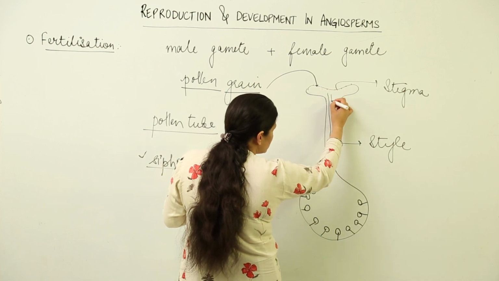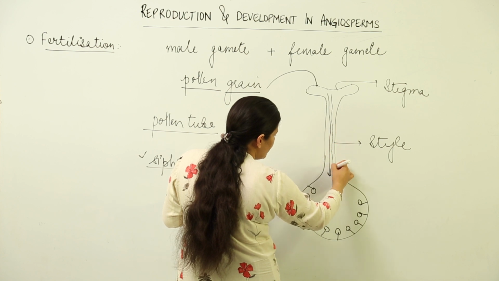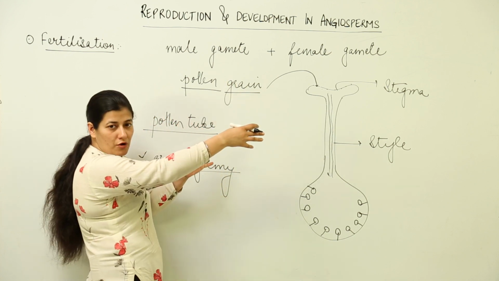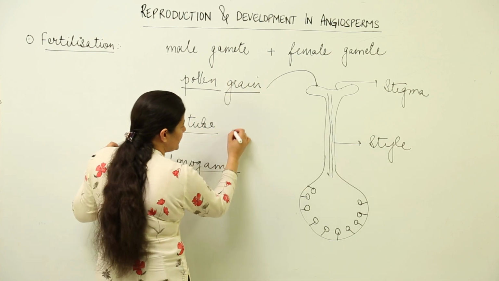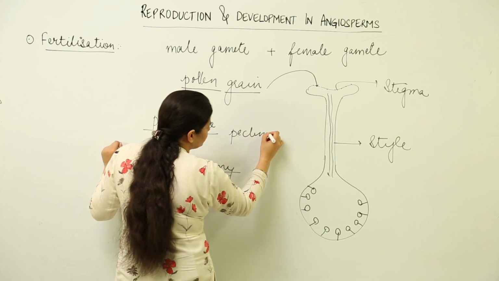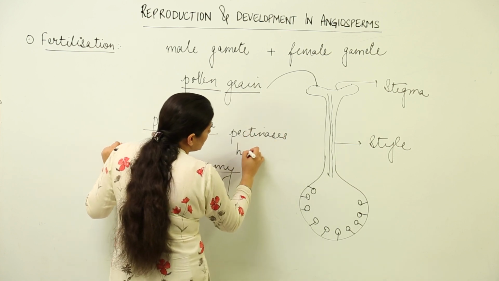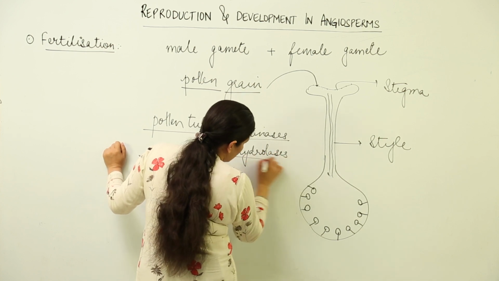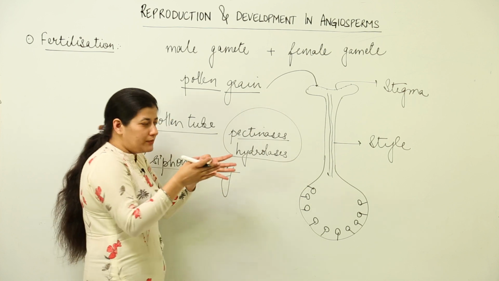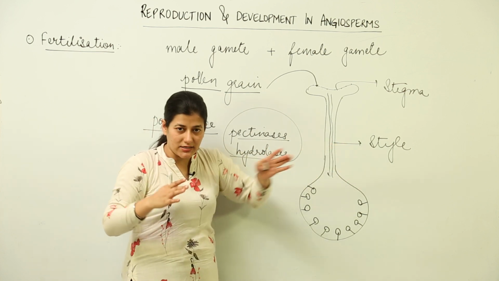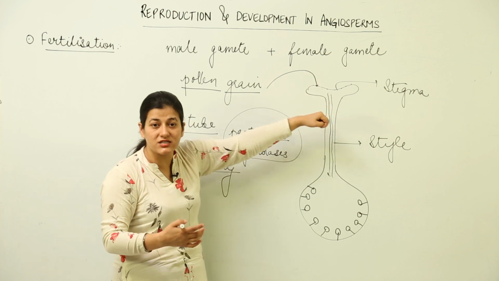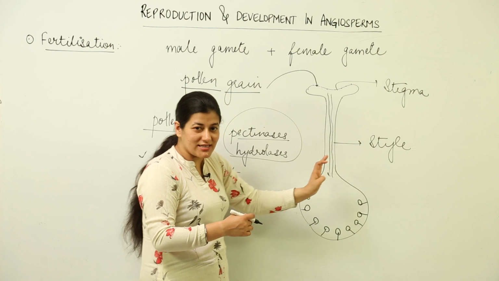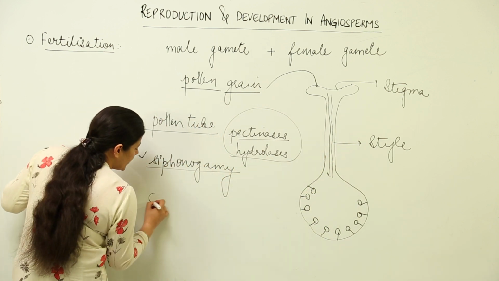So there would be formation of a tunnel-like structure within the style, because the pollen grain would lead to the formation of the pollen tube by releasing pectinases and hydrolases, which, of course, as the name suggests, are enzymes. Both these enzymes eat up the tissue that is present inside the style. As soon as they eat up, there is a passage that is formed and the pollen falls down. This particular event is chemically guided by the calcium